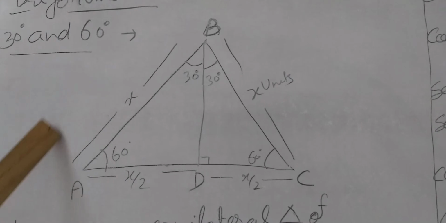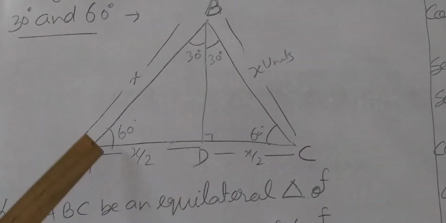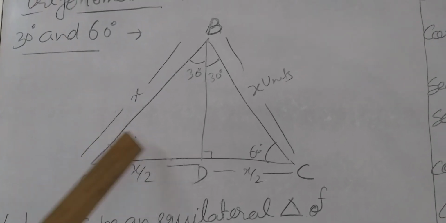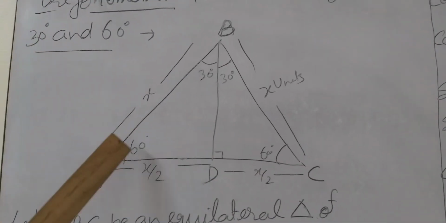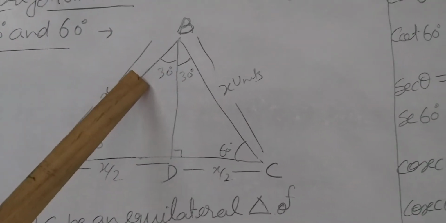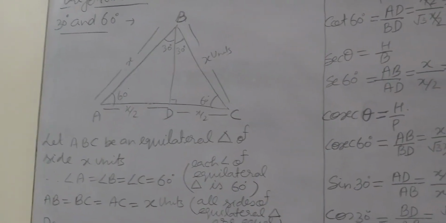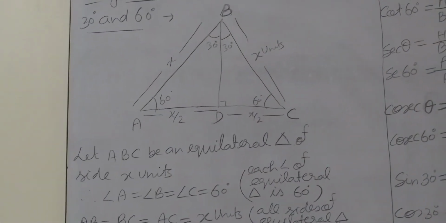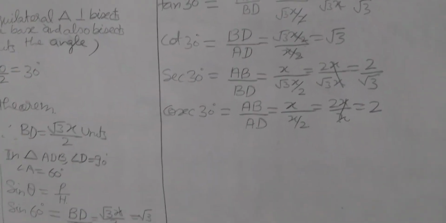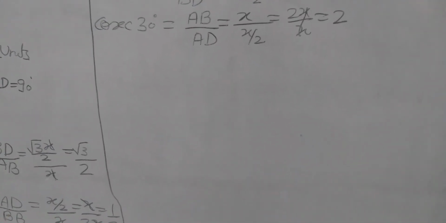So with the help of this diagram, the equilateral triangle, we can easily find the value of all trigonometric ratios for the angles 60 degree and 30 degree. This is the method of finding them. Okay students, so learn these values, and solve it again in your homework copy. Okay then.